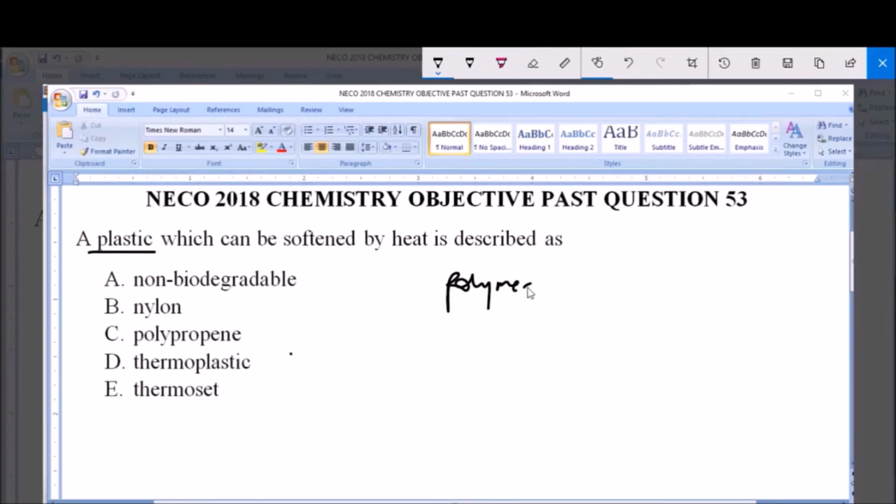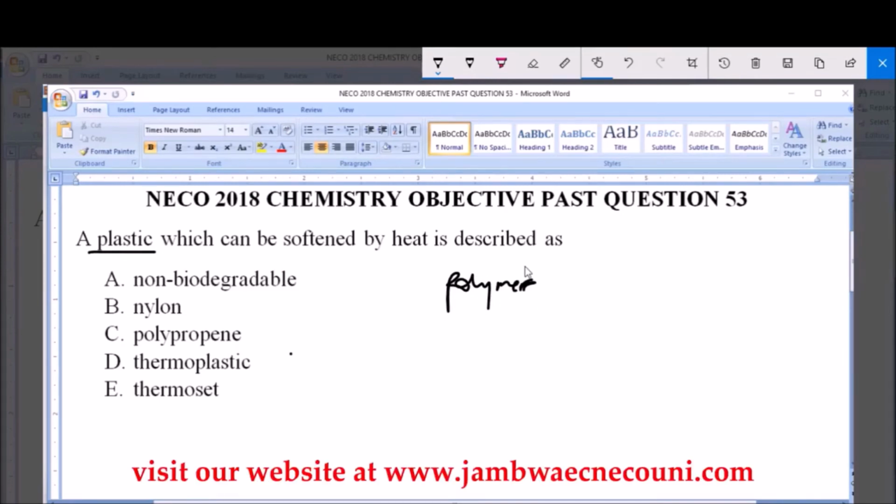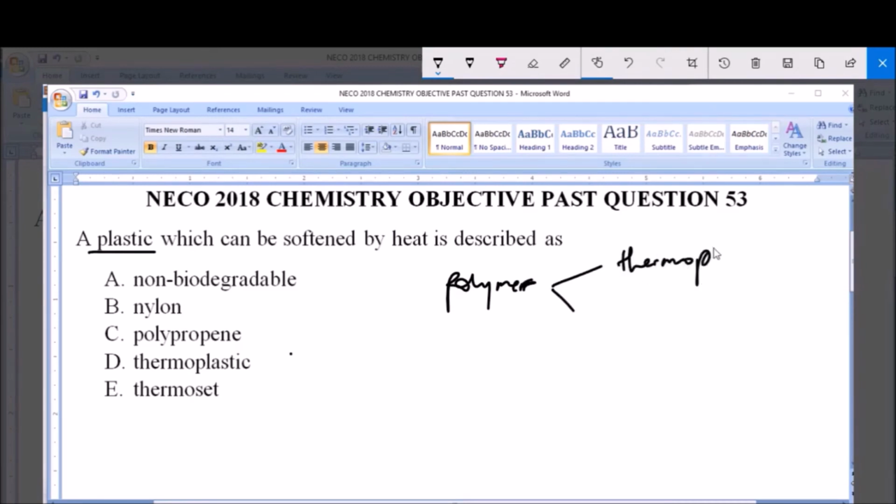Polymers are compounds which are gotten from polymerization reactions. That is, they consist of different monomers. So monomers come together via polymerization to produce polymers. Now, since plastic is a polymer, it is divided into two types. We have the thermoplastic and the thermosets. Each of these types has its characteristics. Now, for the thermoplastic,